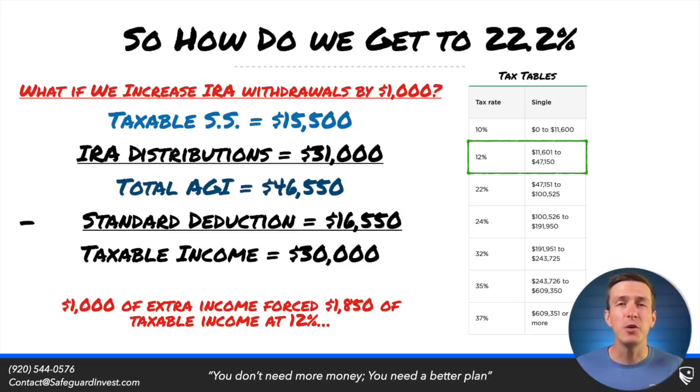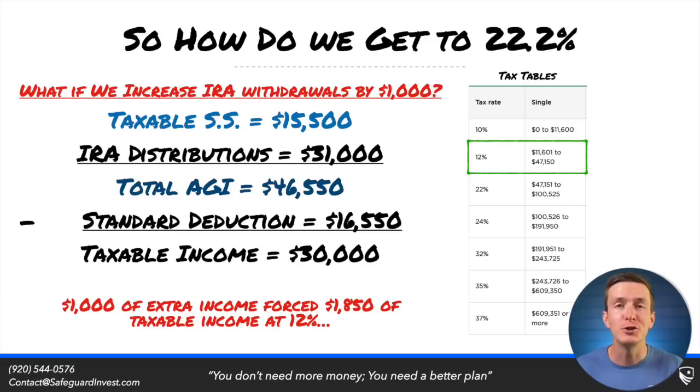If we increase IRA withdrawals by $1,000, we're going to increase that provisional income number by $1,000, which in turn makes another $850 of Social Security taxable. Running through this calculation further, we can see that even though we just added $1,000 of extra income, we actually forced $1,850 of extra taxable income. At 12%, that ends up with us owing $222 of taxes. But again, we owe $222 of taxes because of just $1,000 of extra income, leading to a marginal tax rate